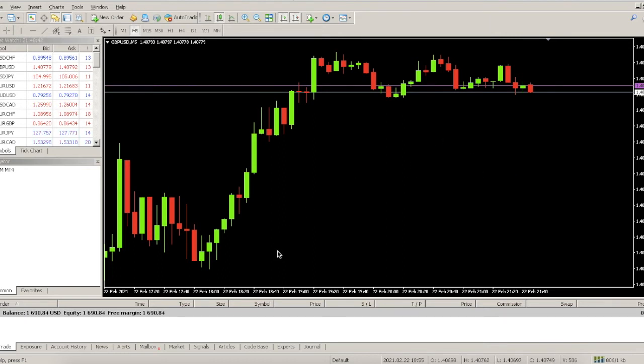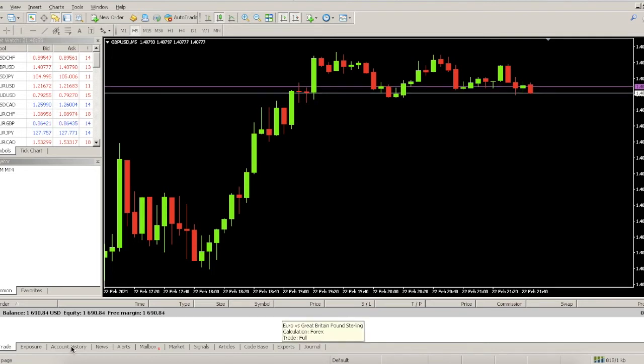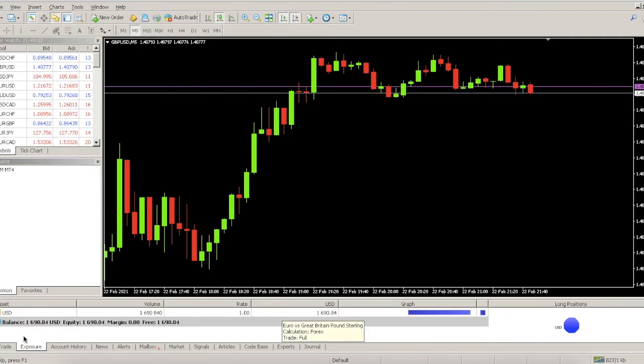Okay, so now I'm going to talk about some of the other tabs on the bottom. I did not go over a lot of these. The only ones that I think I went over in the previous video were the trade tab and account history. I'm going to show you what some of these other tabs are used for. So for the exposure, it'll just let you know, first of all, how much money that you have